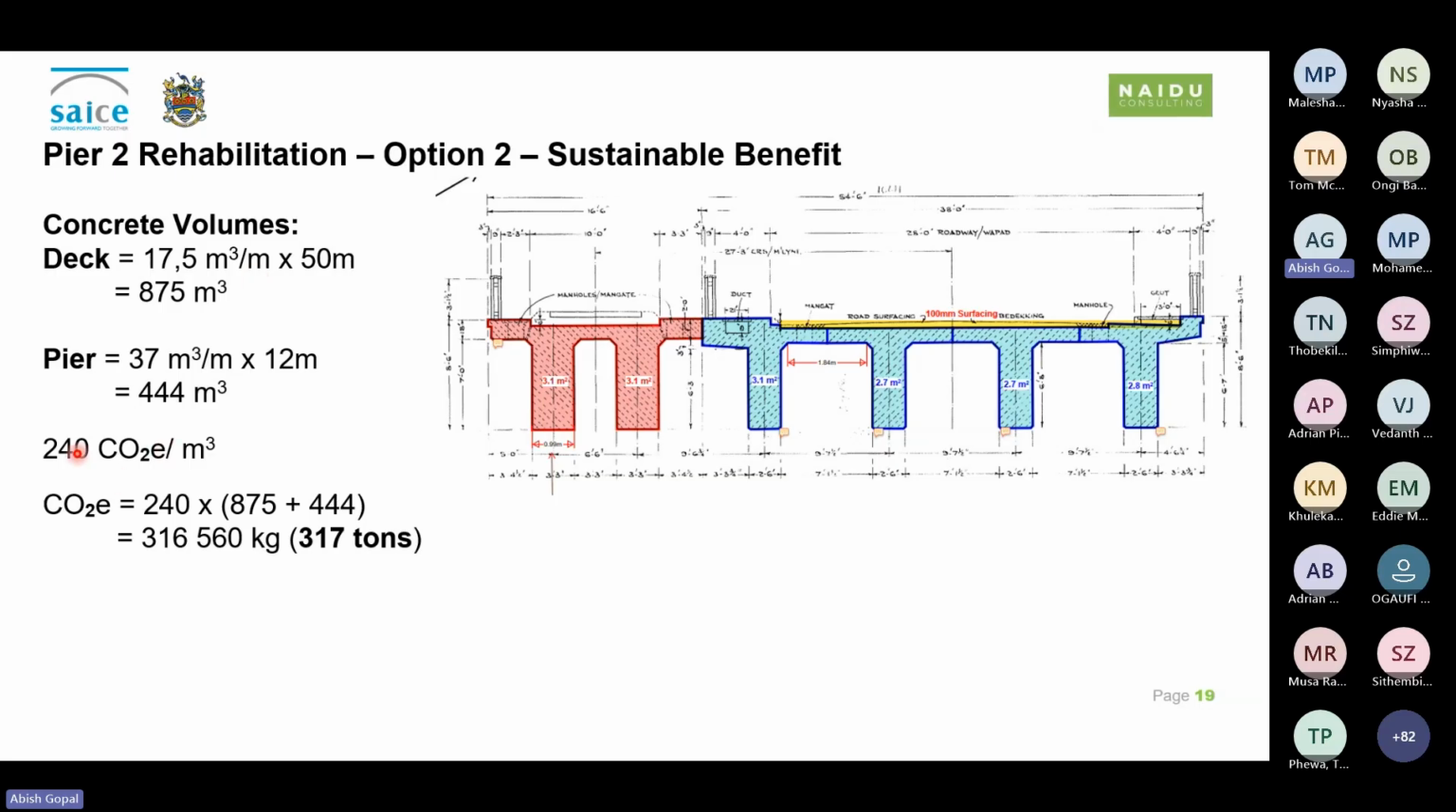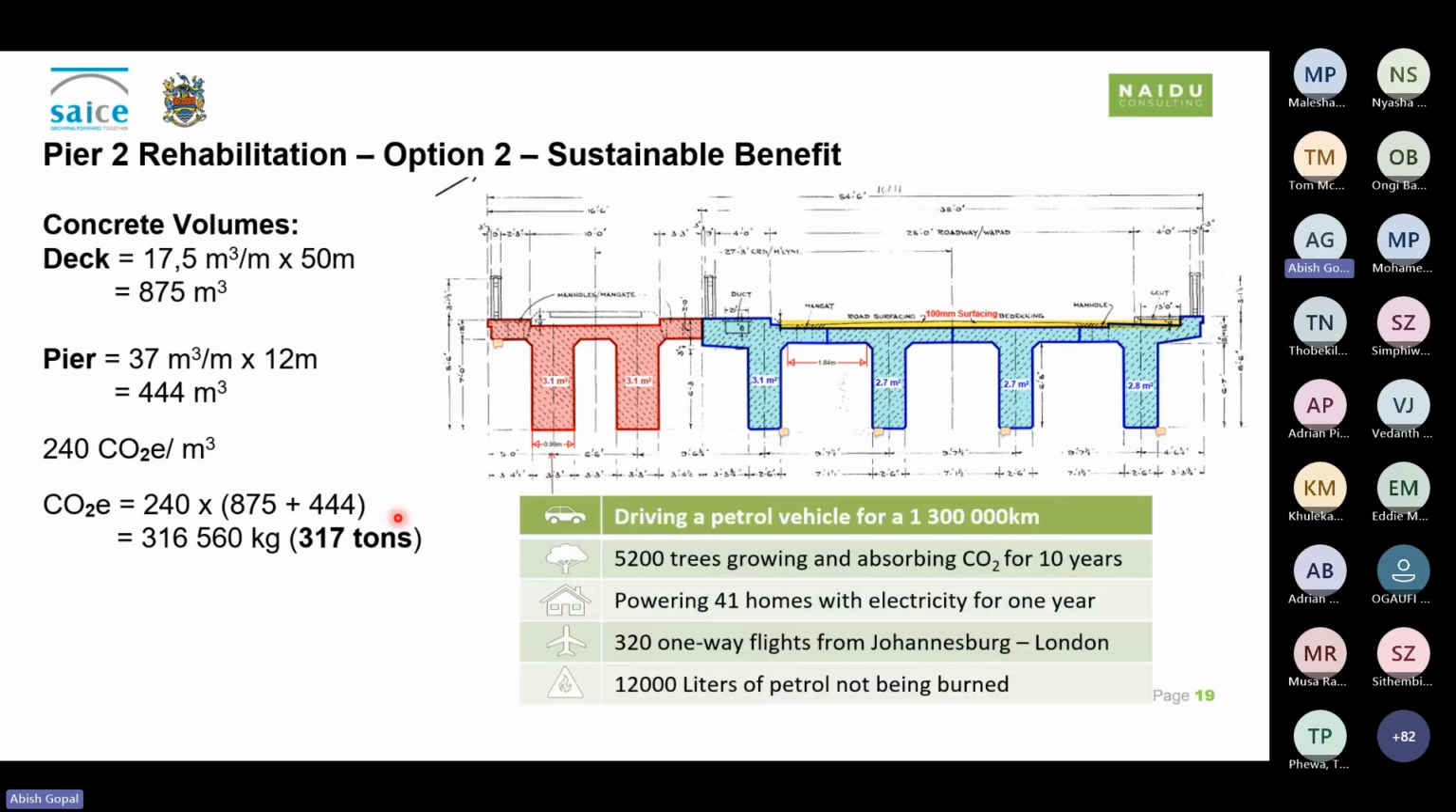in this calculation, and the respective concrete volumes that were utilized were the deck and pier, as per option 1 that was to be demolished, and adding those two up and converting that to a CO2 equivalent emission value, we end up with 317 tons. Now, to put this into perspective, we have this excellent comparable study where 317 tons is equivalent to